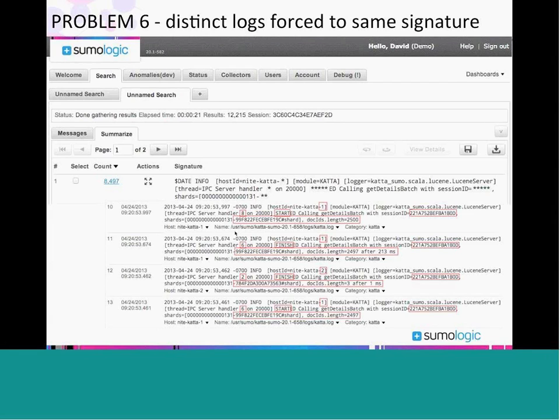So this button right here, showing this sort of split behavior: if you do the drill down and you see this issue where two different logs have been forced into the same signature, you can hit this button and break them apart. You can give Sumo Logic the hint that really there's more than one thing going on here.